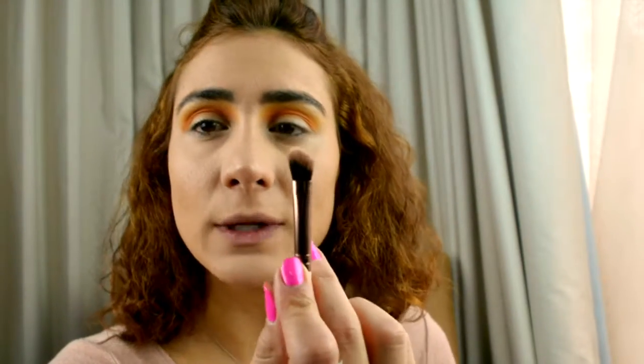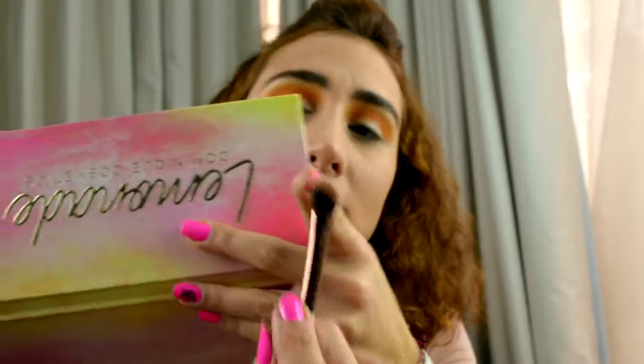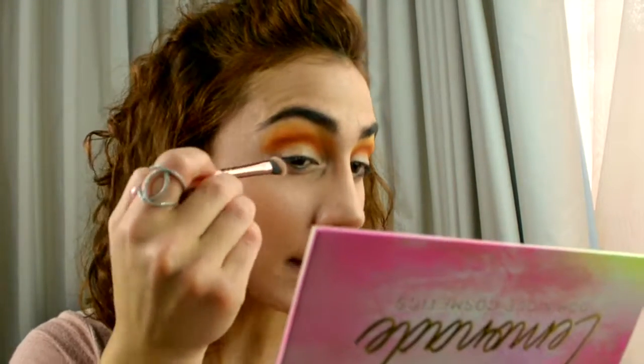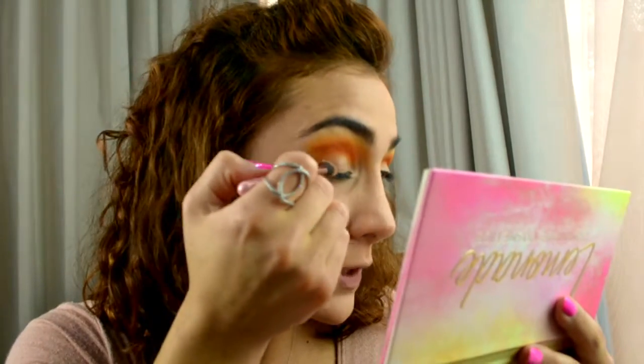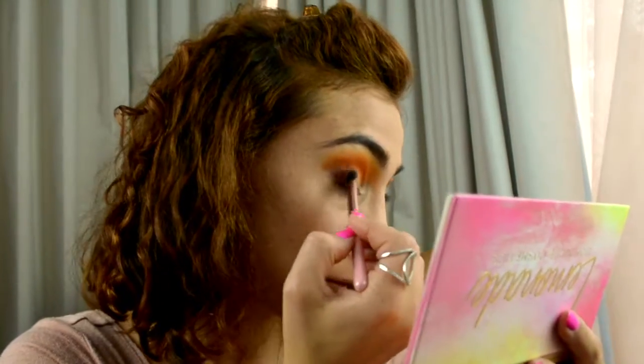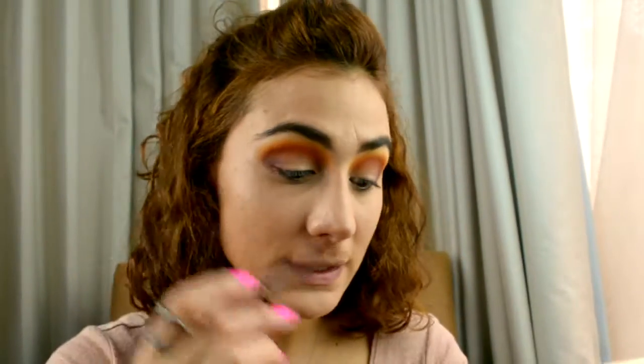Now I'm going to go with a Luxie 27T, which came in a Boxycharm luxury travel kit, and it's an angled one. Es una brochita que está angular, si la ven. Y voy a ir aquí a Chai Tea. I'm going to go into Chai Tea, and then I'm going to dip in my corner with that color. Lo voy a poner aquí en la orilla para profundizar aquí el ojo. Después de que difuminé súper bien, once I just blended out the edges with that same brush and Chai Tea,